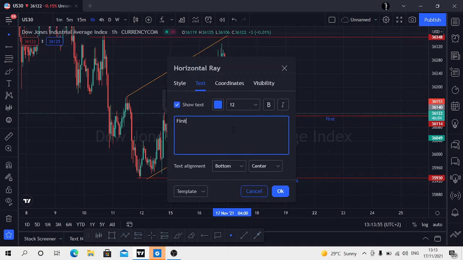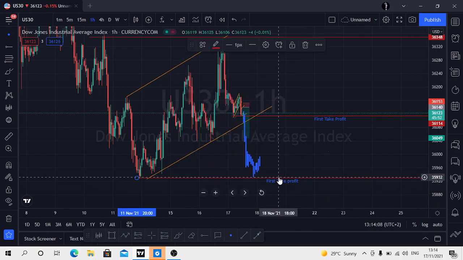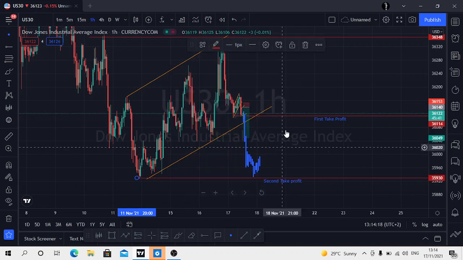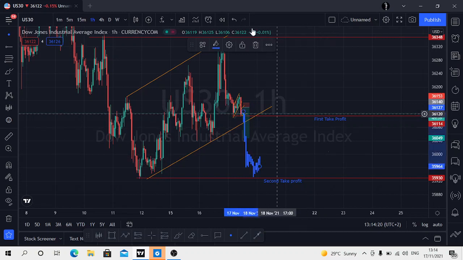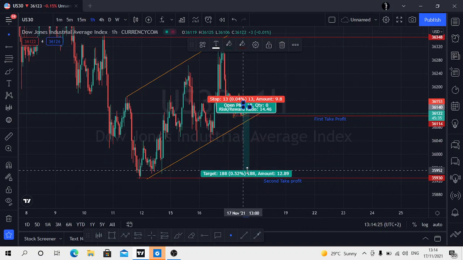Now that we have seen the market a bit more clearly, first take profit, right? We're going to have this right over here, and then we can say these guys can be our secondary take profit, our second take profit right here. So now, having seen what the market is giving us, we do know that US30 is going to want to sell,